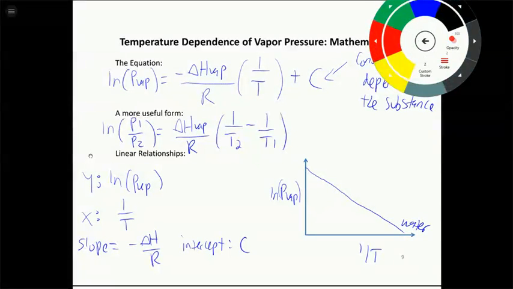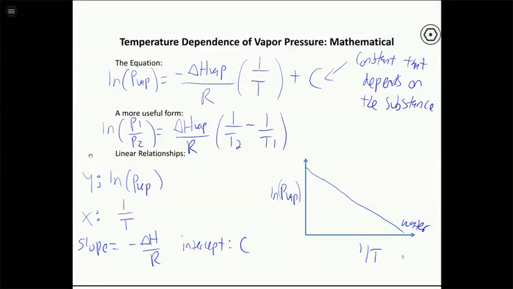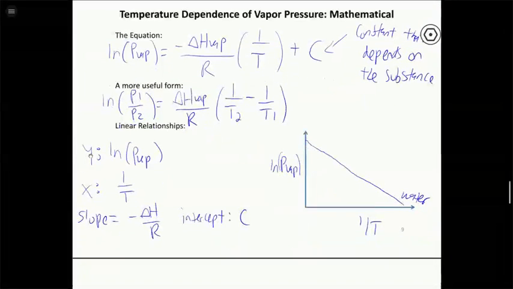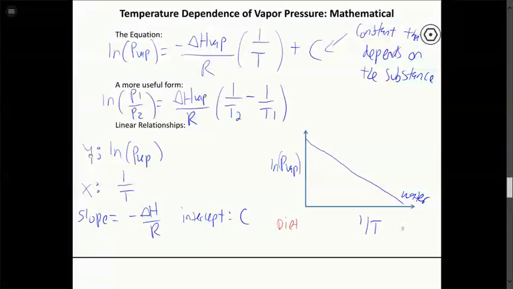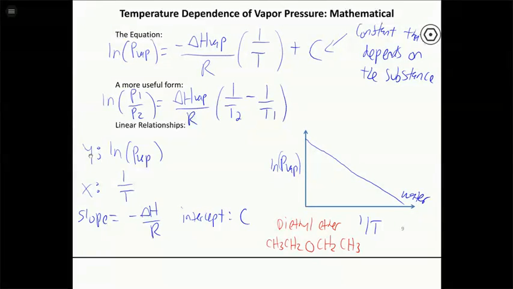Now if we compare that to another liquid, diethyl ether, another common organic solvent that you'll probably use if you take organic chemistry lab. I'll do that in red. The structure of this is CH3, CH2, O, CH2, CH3. So this is a polar liquid. It has carbon-oxygen bonds, so it's polar, but it doesn't have any OH bonds, so it does not have hydrogen bonding. So this has weaker intermolecular forces. We would expect it to have a smaller vaporization enthalpy. It's easier to remove the molecules and put them into the gas phase. So for diethyl ether, it would be a shallower slope like this.